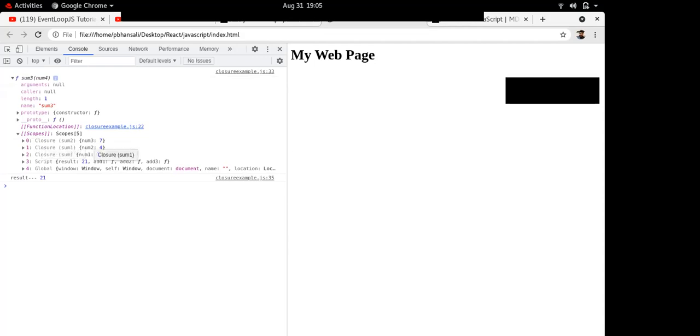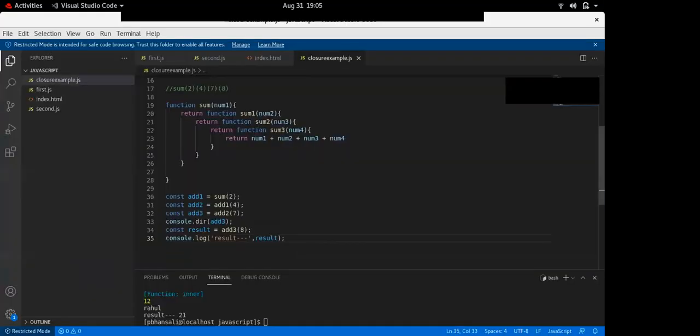The first closure has num1 with value 2, then this one has closure of num2 with value 4, then this one has closure of num3 with value 7. So this function is having 3 closures: first closure with the num1 value, second with the num2 value, third with the num3 value.